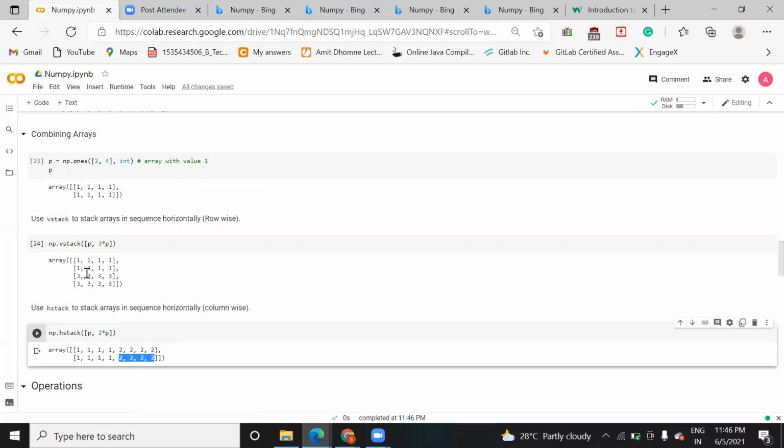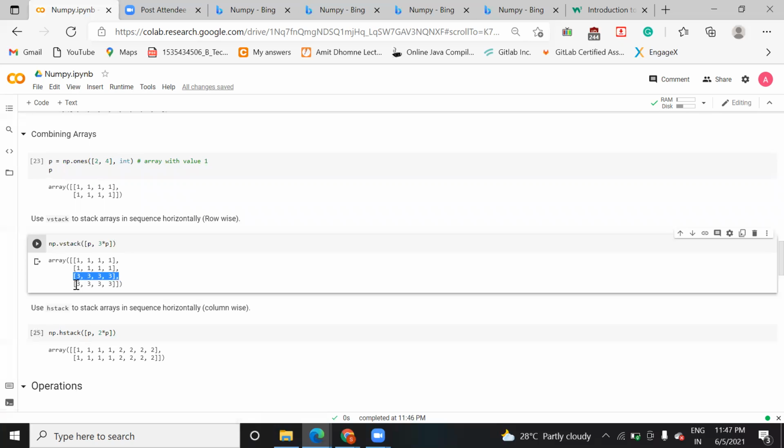Here they are creating the new row, and here they are creating the new column. That's why it is column wise. hstack is used for horizontal stack. vstack is vertical stack. So vstack means you add the elements as a new row, and when you use hstack, it means you add horizontally, and it will create a new column. So in that way, you can understand this.